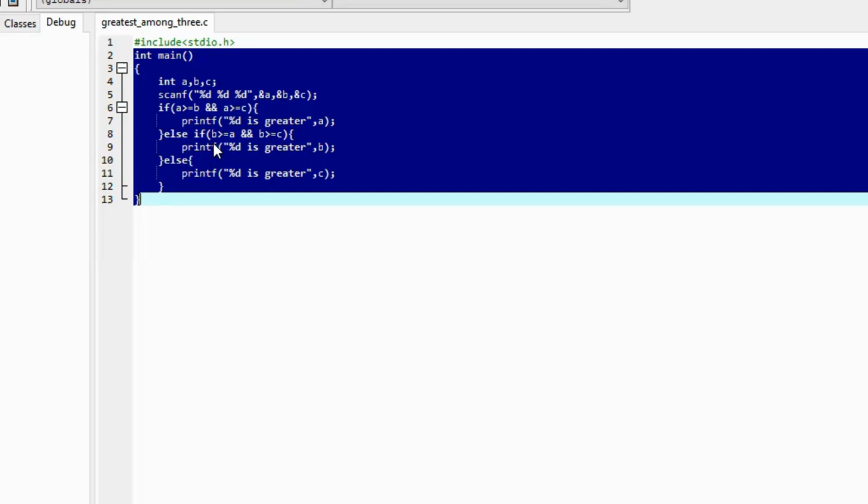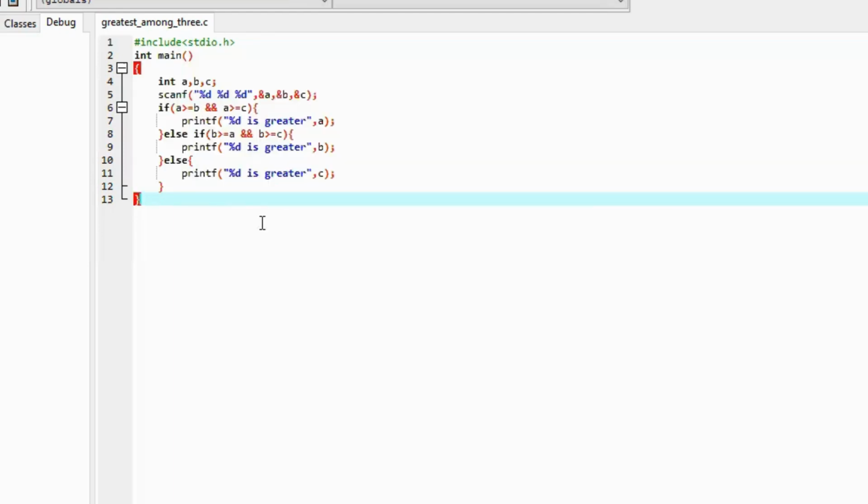Otherwise, it is not executed, and it jumps to the else part, and it prints the statement under the else part.